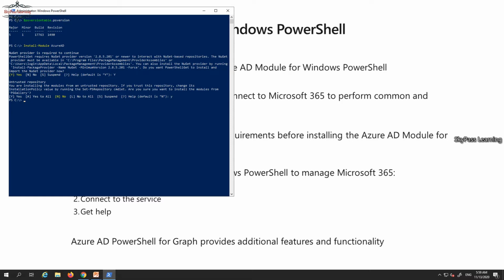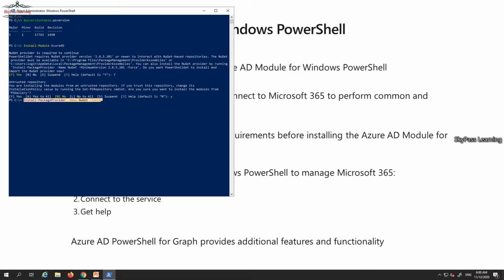If you get an error message to install, then you have to run one more command here, that is Install-PackageProvider. The package provider name is NuGet, with -Force. So you can run this command if you are getting an error message and your system is unable to download and install from the NuGet provider.